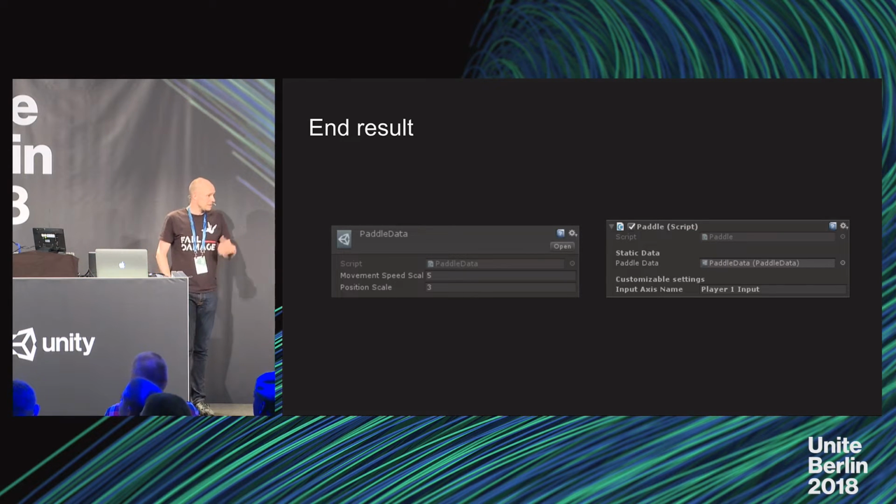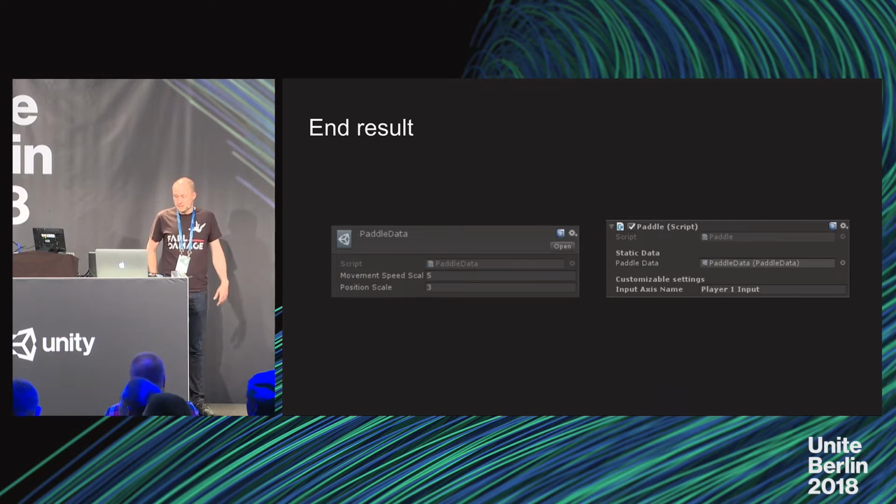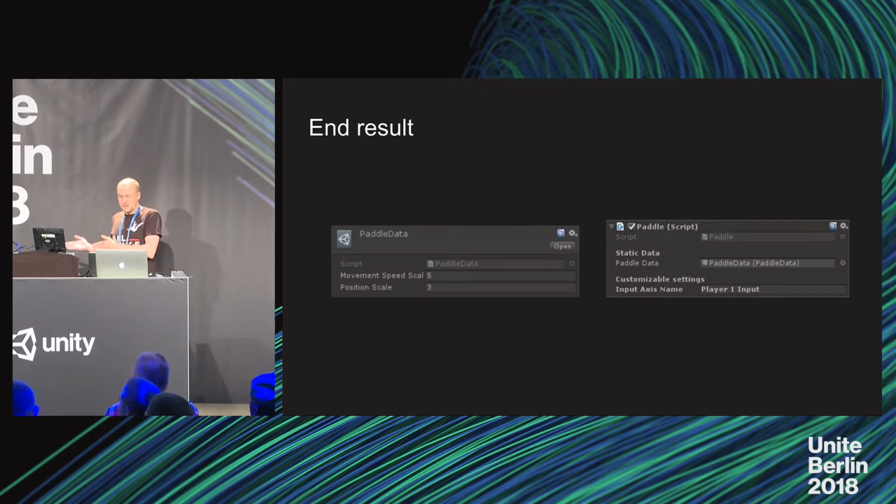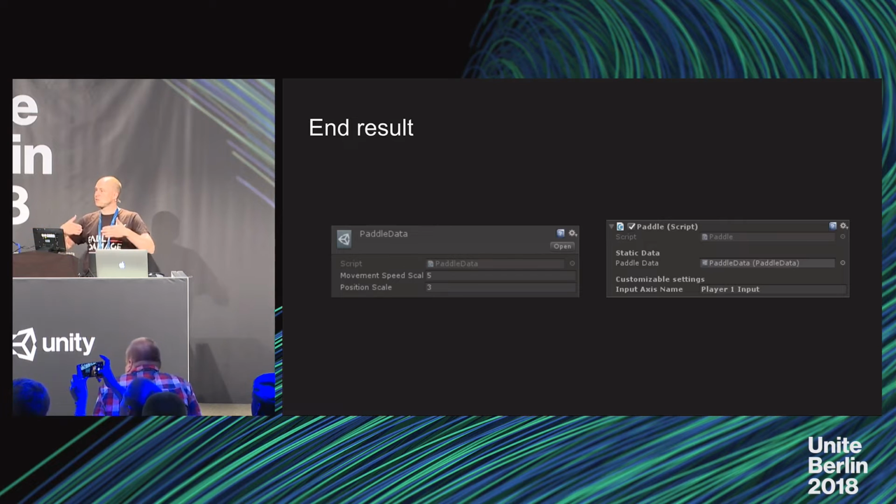There's going to be paddle data lying there as an asset, and then for an individual paddle, if you click on that in the inspector, you'll see, okay, I can change the axis name, and I can change which packet of shared settings I'm pointing to. But I'm probably going to leave it pointing to the default one. At this point, if I don't know the game, I see much more of the intention behind the settings.